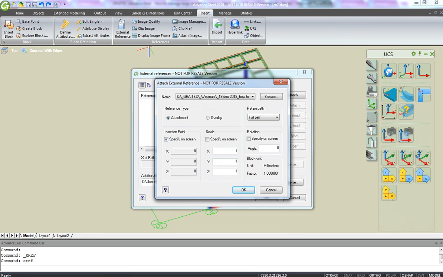M1. Okay, so we have two types of XRef attaching. We have attachment and overlay. What's the difference between these two? In attachment, the attached model will become part of this drawing, and if other people will open this drawing, they can see the attachment. If I choose overlay, it will be just like an overlay as discussed in the beginning of our